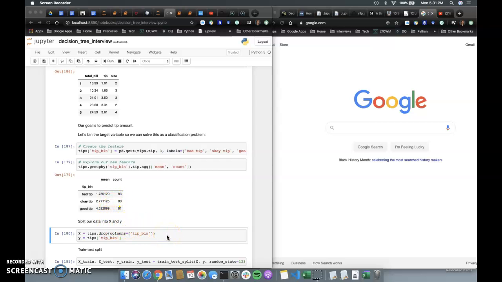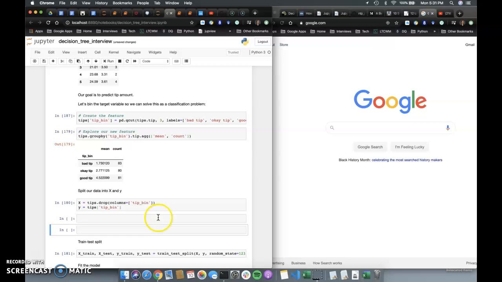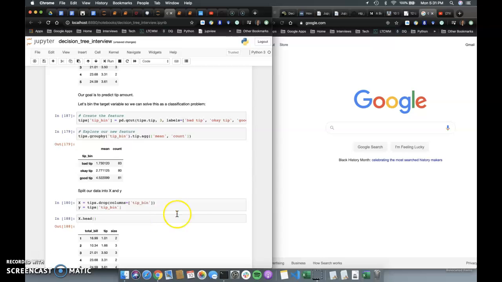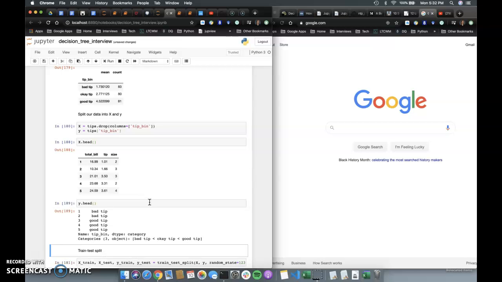Then here, I'm splitting my data into my X features and Y target. Okay, so why don't you do a quick head here so we can see what exactly X and Y look like. Let's just see what you have going into the train and test set. Okay. Okay, so in X I have total bill, tip, and size as features to predict tip bins,